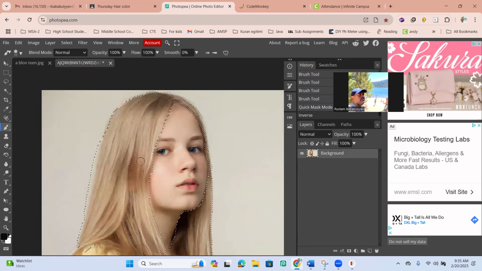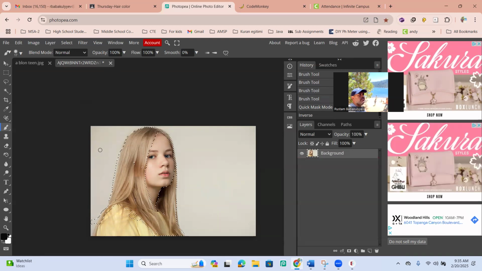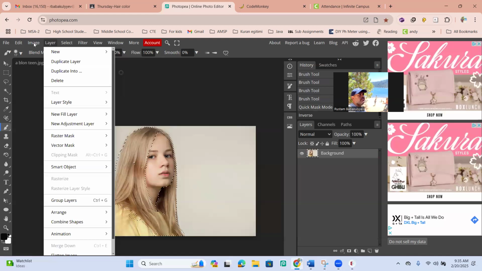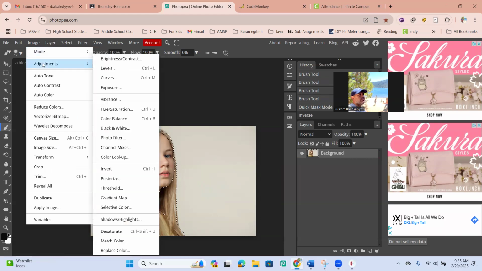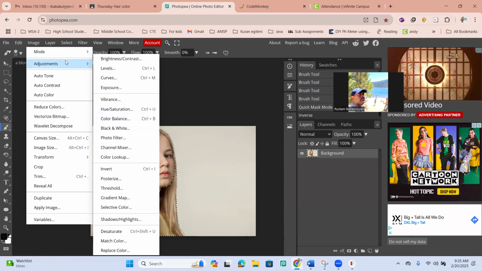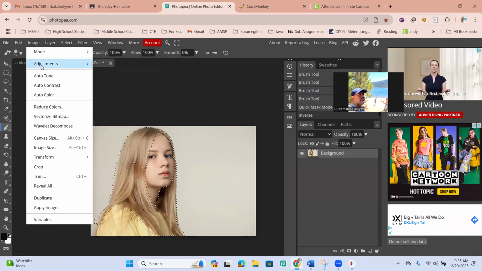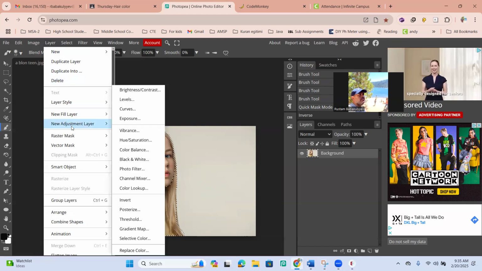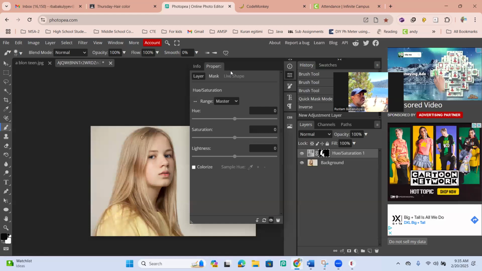When you have your hair selected, how did we change the color of the tulips? Do you guys remember how we did that? Remember the tulips assignment? So we went on layers. Was it layers or image? It was image. So we went to image, adjustment, and hue, right? But this time we're gonna do it differently. We're gonna again do hue, but it's not gonna be under image. It's gonna be under layer. Under layer, you're gonna click on new adjustment layer. You see image adjustments, new adjustment layer. So you're gonna do a new adjustment layer, which is also in the instructions, go to hue, and then look what